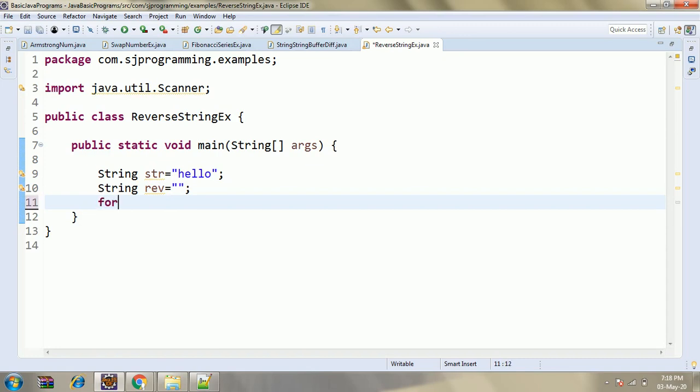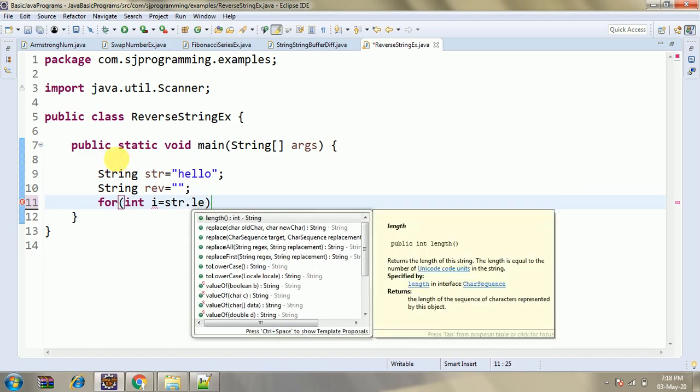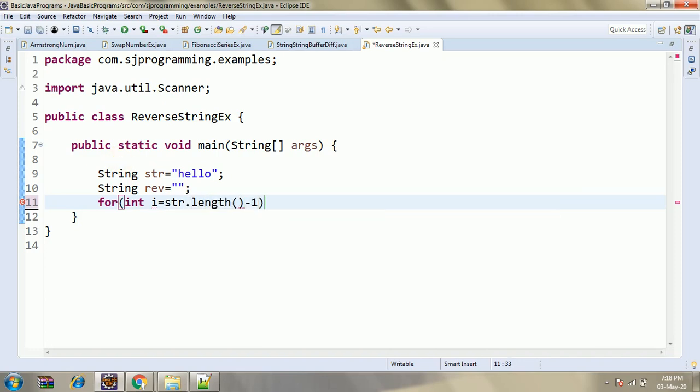Then we will start a for loop. The for loop will start from str.length minus 1 position, till i is greater than or equal to 0. Then the i value will decrement.